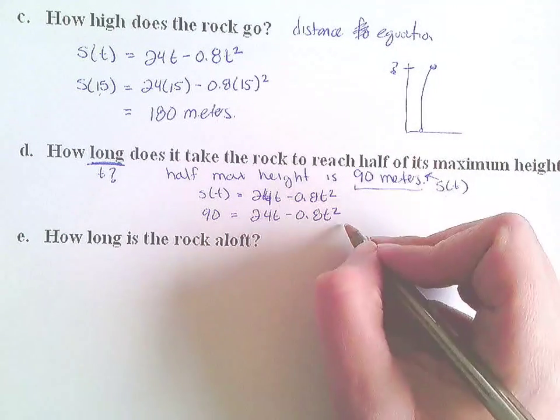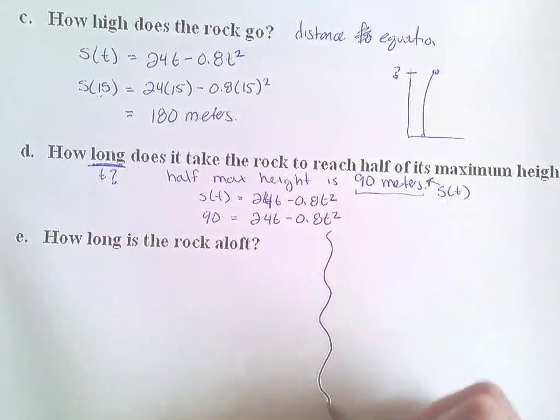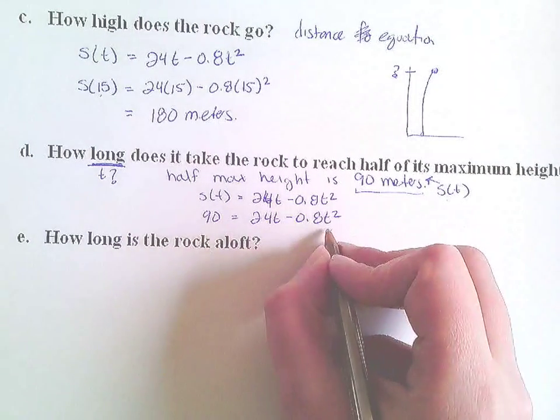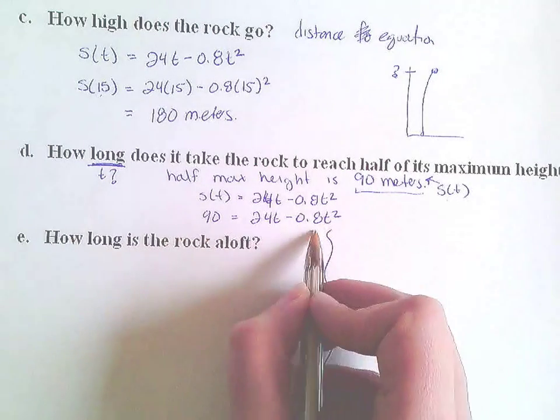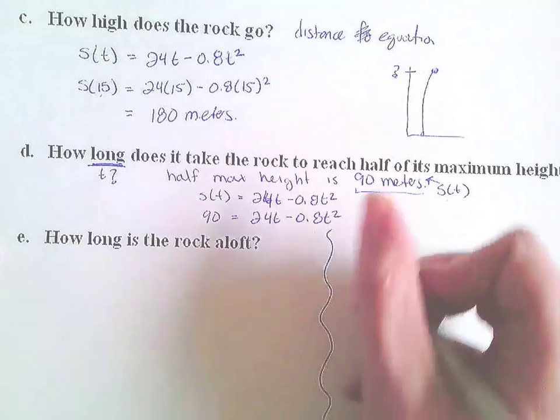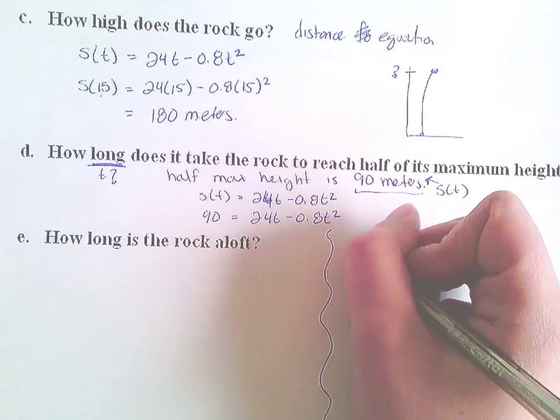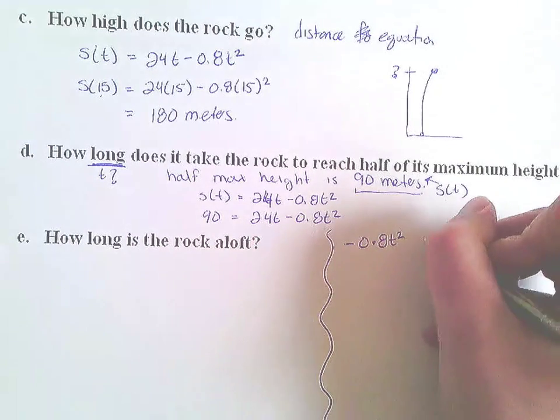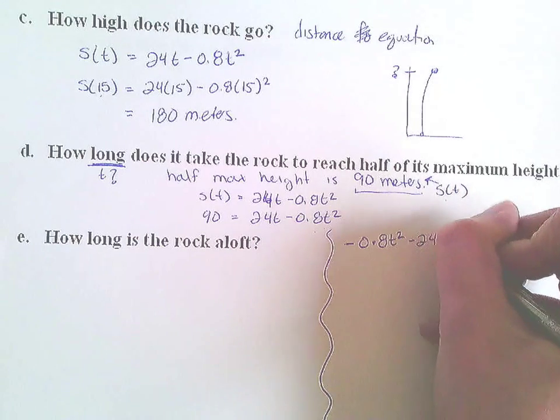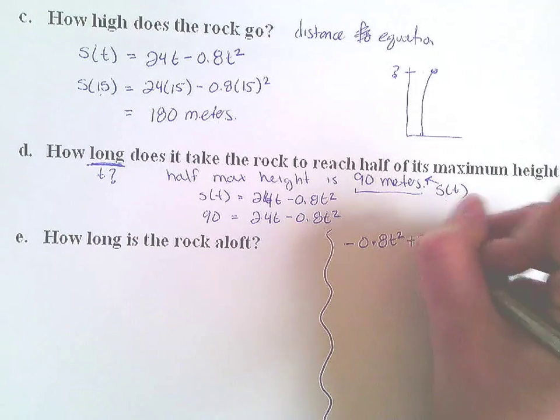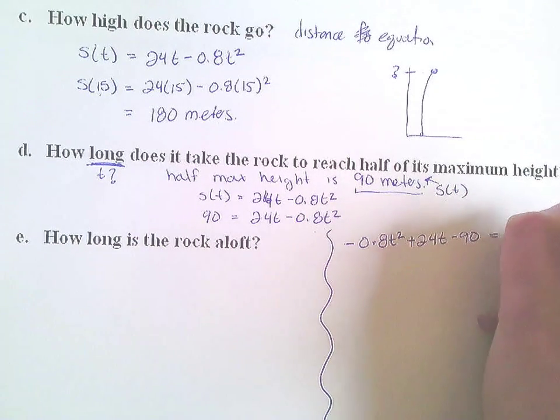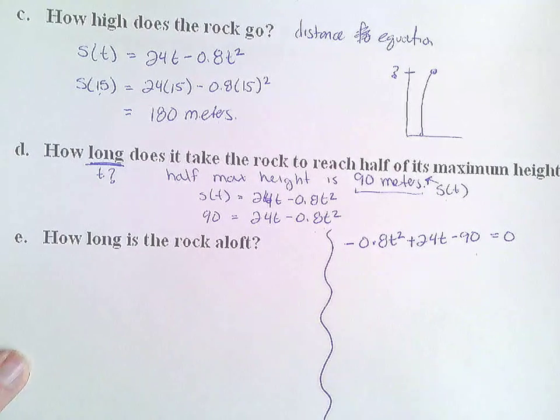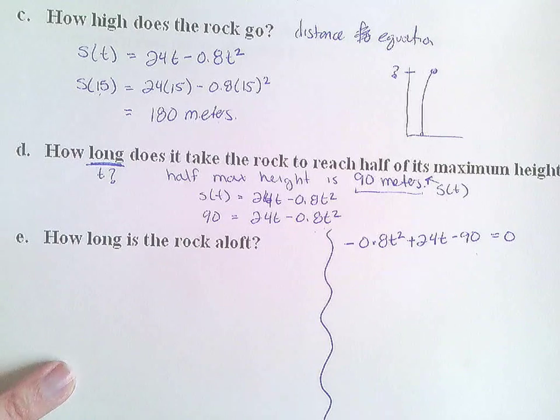So first off, I'm going to draw a line right here. We're going to set this up as a quadratic equation. That means I want to subtract 90 to the quadratic side, and I'm going to rewrite it in standard form. So this is negative 0.8t squared plus 24t minus 90 equals 0. And I want to solve this. Now obviously this is not a factorable problem, so we are going to be using